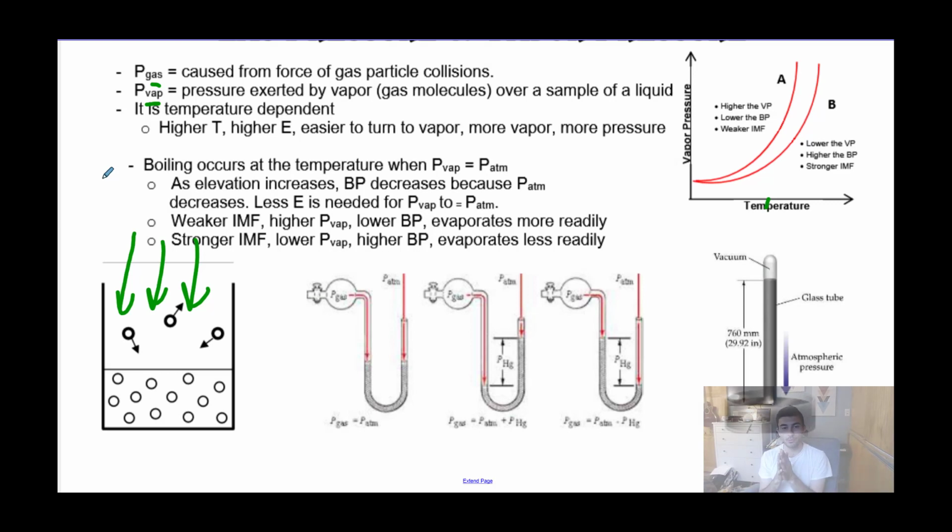The relationships that we should know are that the weaker IMFs a substance has, the higher the vapor pressure because the more readily it's turning into gas, the lower the boiling point, and that it evaporates more readily, and then vice versa. The only other thing I want to mention before we end this video is reading pressure and manometers,